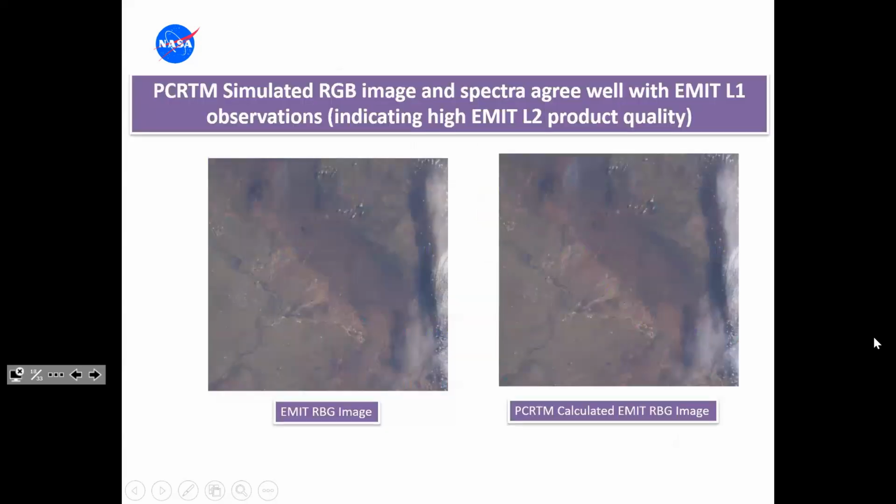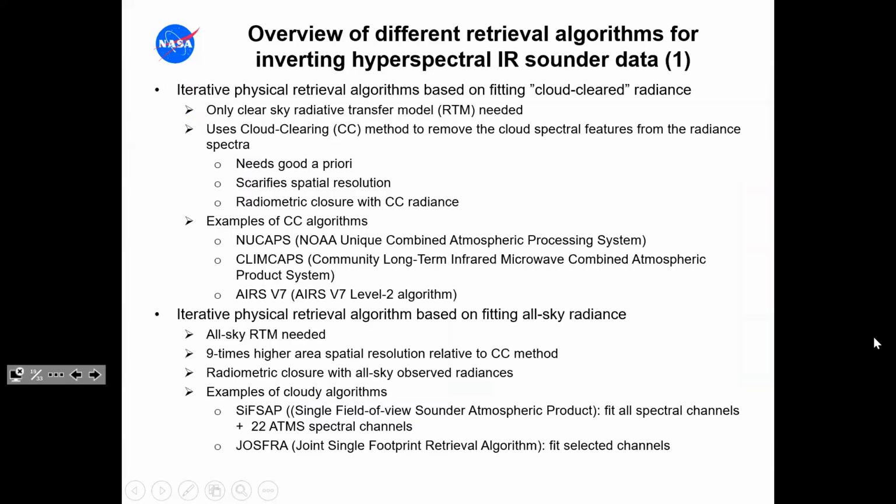Now, if we do the RGB image that includes all the wavelengths, again, the observed one versus the simulated one agree with each other very well. Just to show you the high fidelity of this full model. Now I'm going to switch to the retrieval side. Okay, so for the retrieval side, as I said,